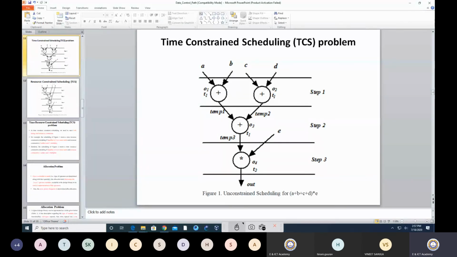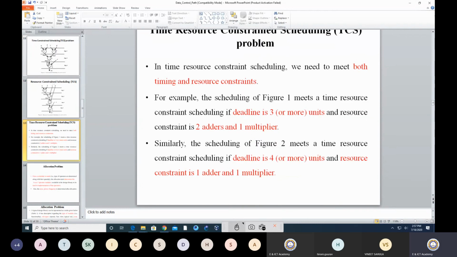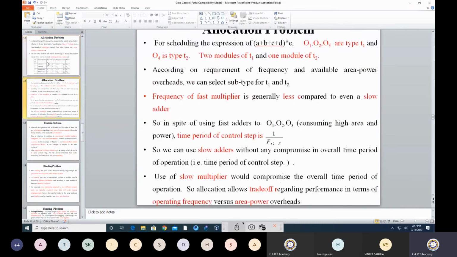Now what about adders? Which kind of adder do I need to choose? Now if you think about the adder, then the adder may not be defined by clock frequency for this particular system. Okay, because clock frequency is always decided by the worst block, which takes the maximum time. So probably your multiplier is the one you consider as the critical block. So I will think about the fastest multiplier. Now the point is, what about the adder? I can go for a fastest adder. Okay, I can go for a fastest adder.